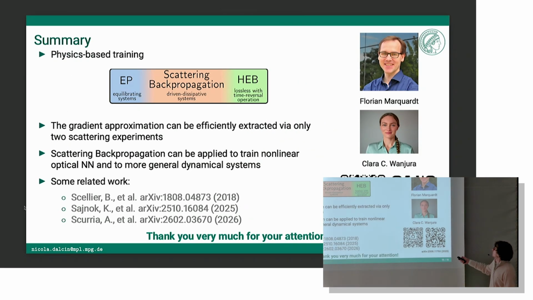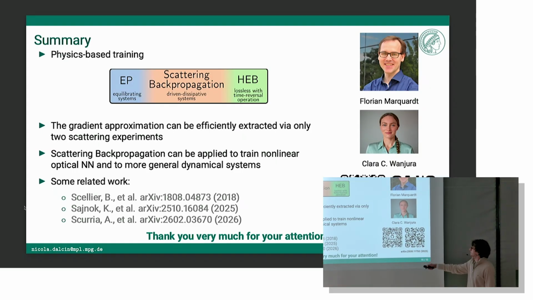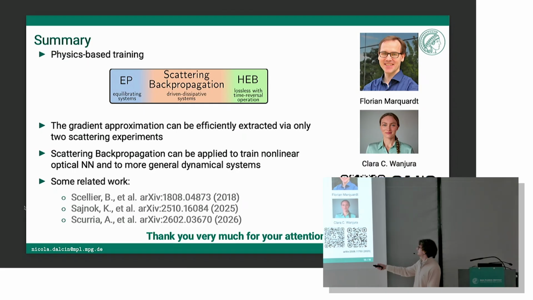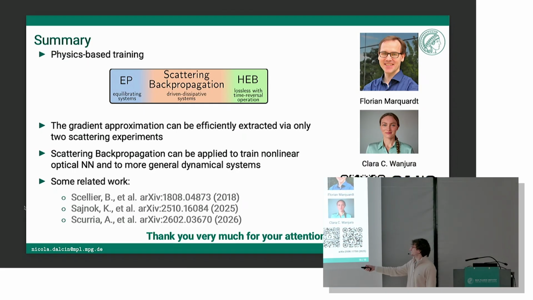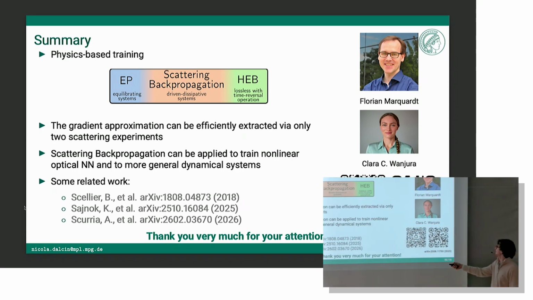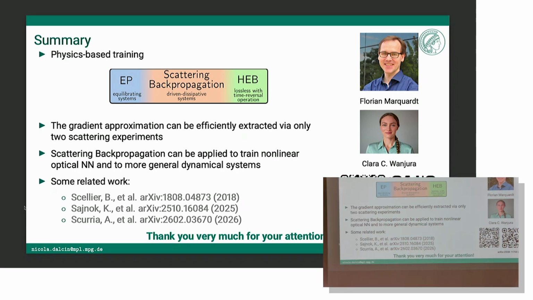Okay, so I will skip the summary. I will also leave you with the paper and some related work. There are some things that I don't have time to say. This can be seen as a generalization of equilibrium propagation for vector fields, but it's actually needed to extend to this kind of system. Other works appeared later, so I couldn't cite them in my preprint, but they do something similar. They assume some more stuff. But thank you for your attention.